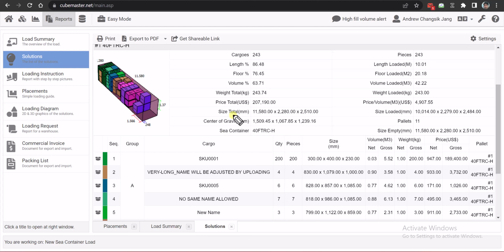And then we can tell the size total. So this may be the size of your seed container, and there is another dimension which is loading size. So this is the size of loading, which might be shorter than size total. And then there is a center of gravity here, that might be around here, and then there are the number of pallets. So you can tell there are some pallet shapes, so the total pallet on this seed container becomes